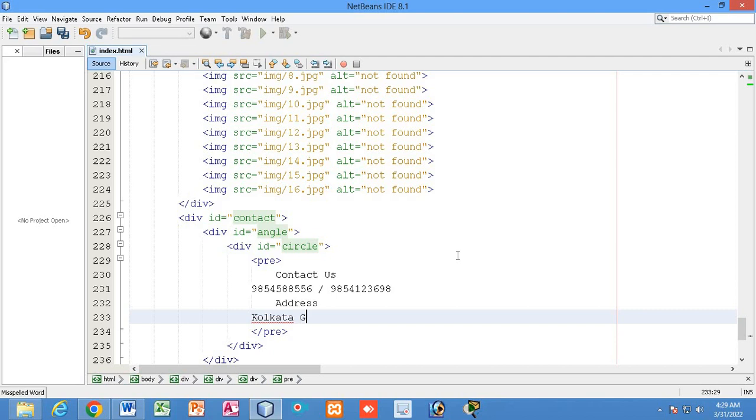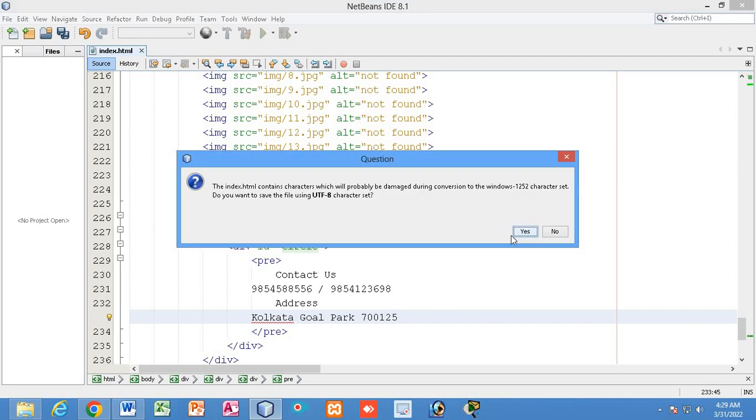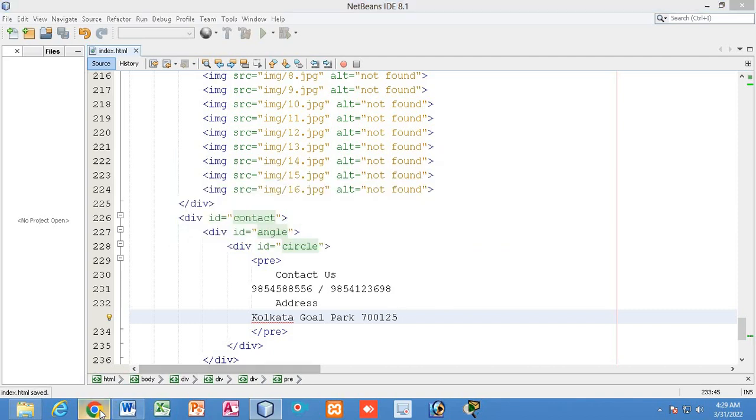Write Kolkata Gold Park. Okay, just writing anything. You will decide what to write in the address. So just go and refresh. You can see this is how it appears. If you want to get it here,